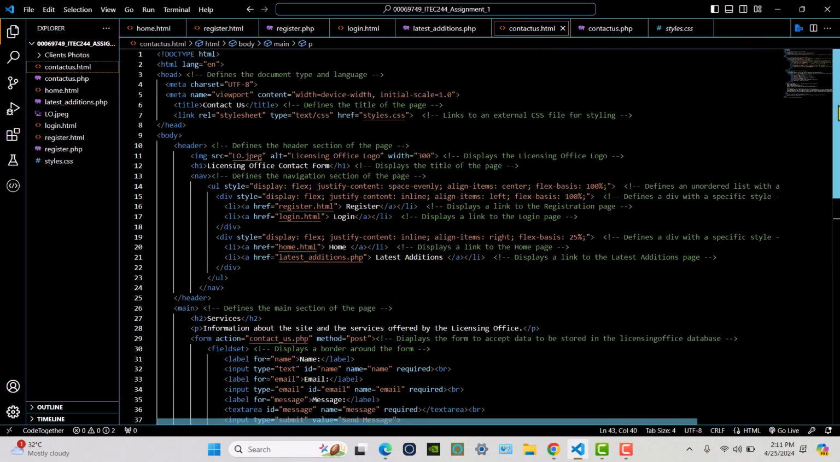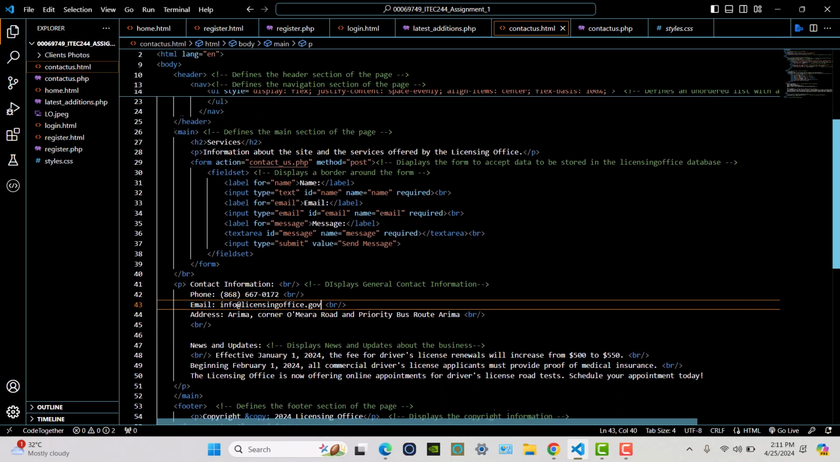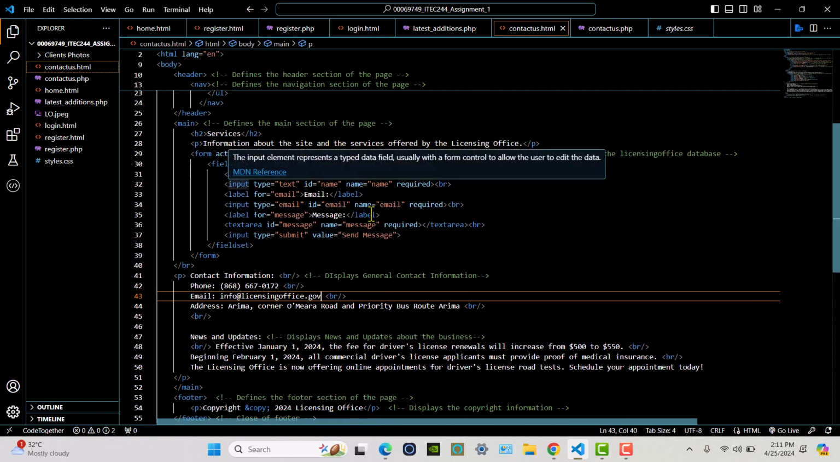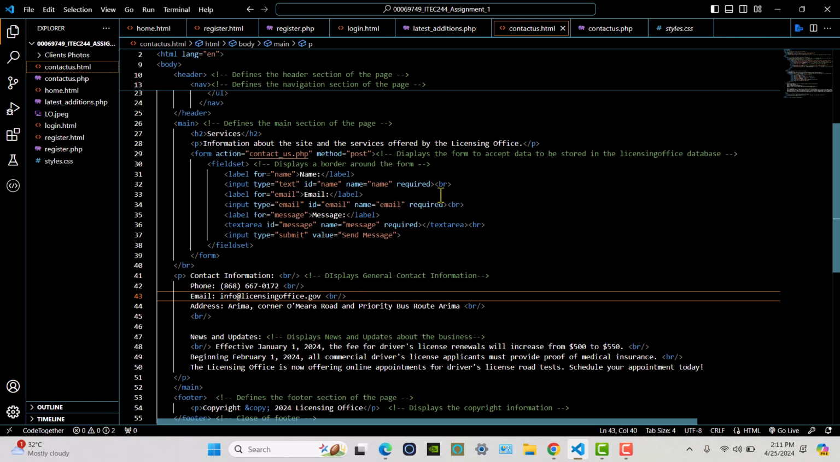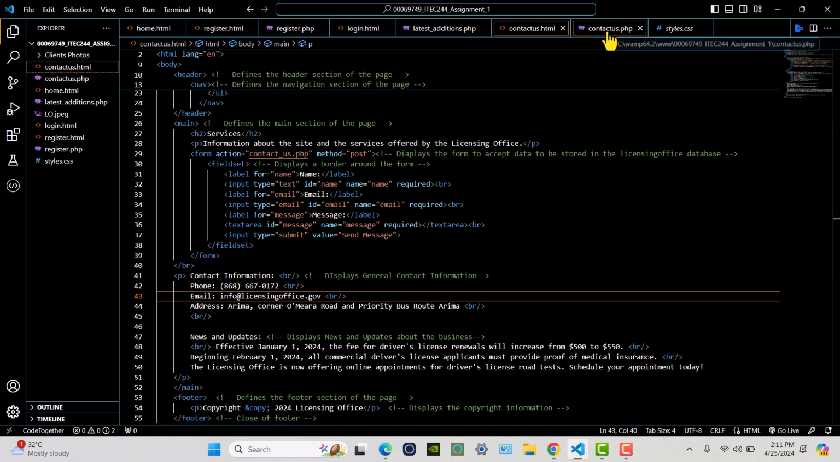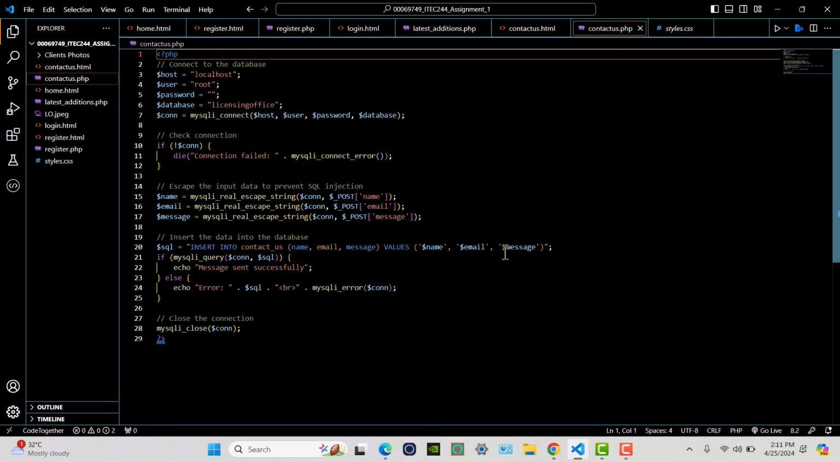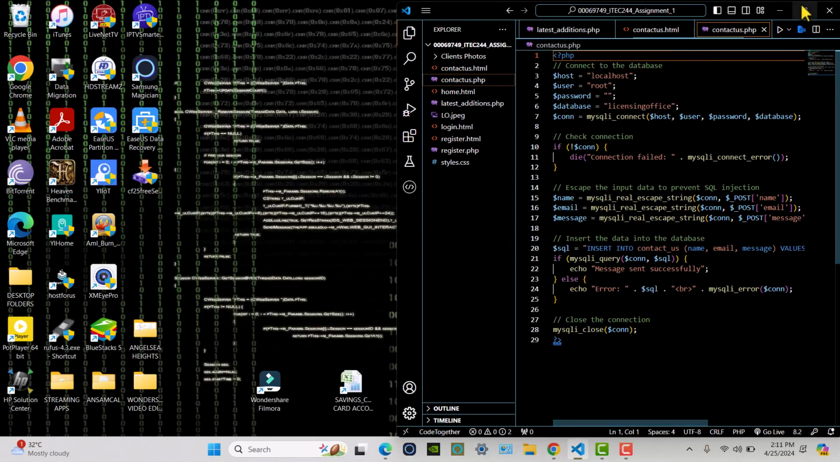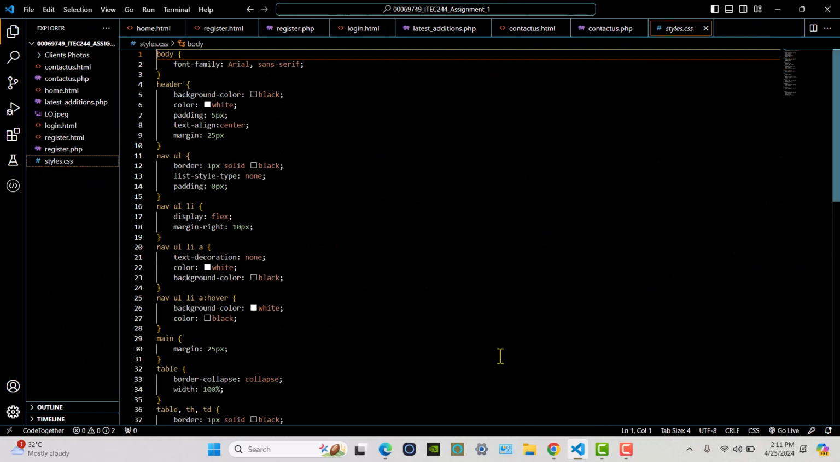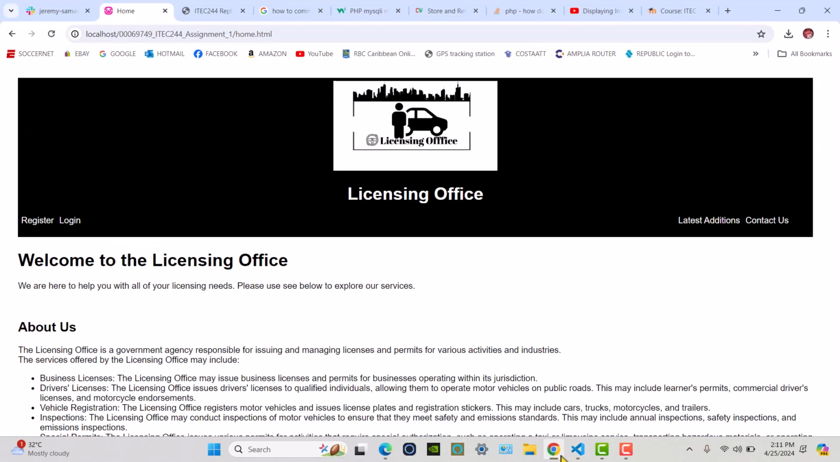Next, we have the contact us, basic contact us form so that users can contact the business. There's also the general contact information, phone, email address, as well as news and updates. Contact us PHP to store the information within the database. Here is my styles of CSS to show the formatting of the web pages. Now I will show you the web page